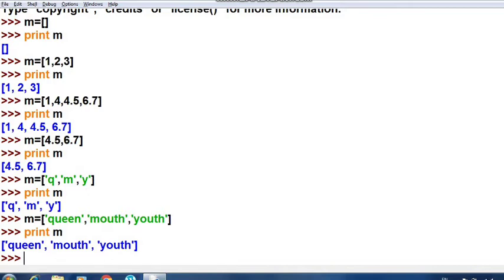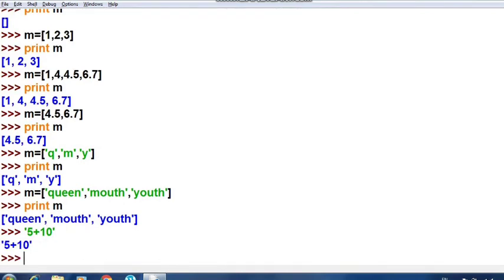Now let us see the use of the eval function. As we have already studied, it is used to evaluate an expression which is enclosed in single quotes. It means an expression which is written as a string can be calculated with the help of the eval function. So let us see what happens if I write an expression enclosed in single quotes. I have written single quote 5 plus 10. If I am not using the eval function, it is going to print the expression as it is, because it is enclosed in single quotes and is represented as a string.